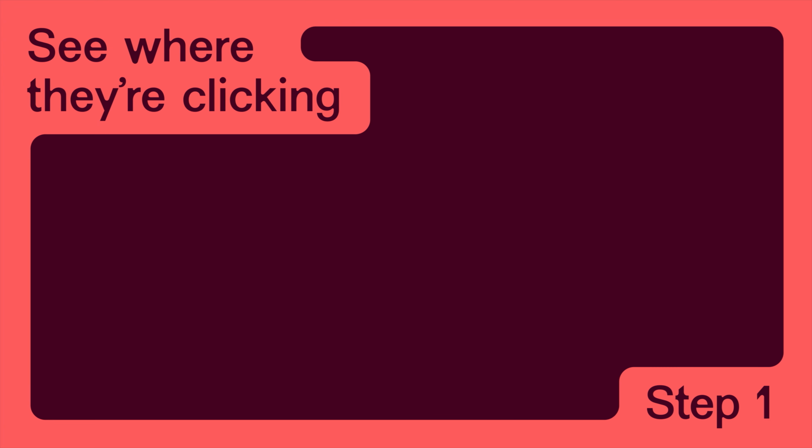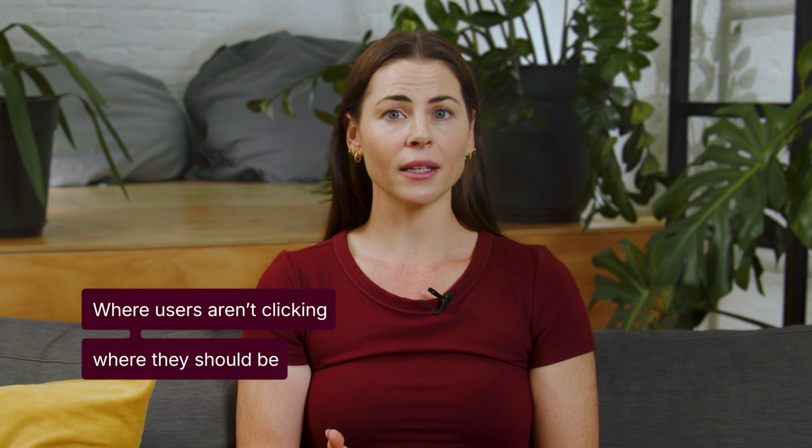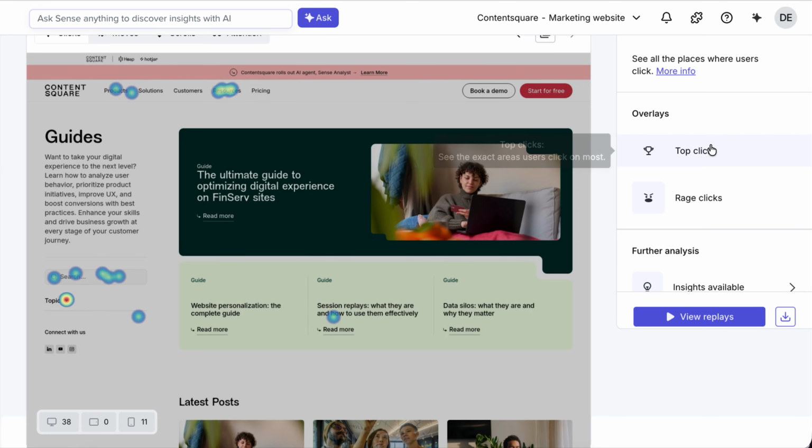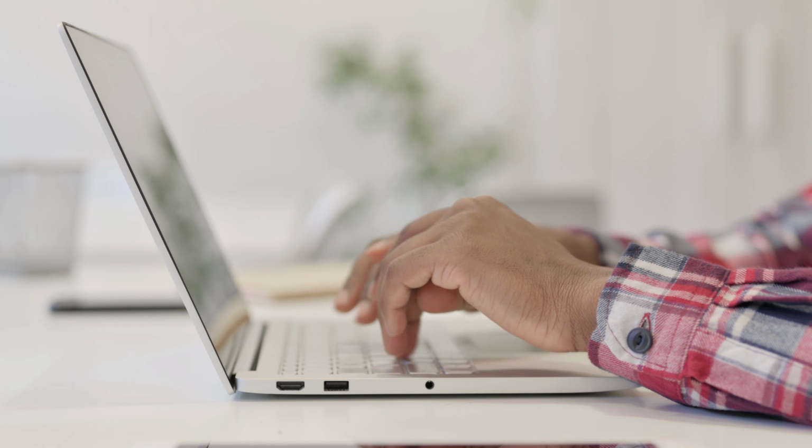1. See where they're clicking and what they're missing. Click heat maps show you where on a page most users are clicking their mouse or tapping. This is useful in 3 ways. Firstly, you can see where users aren't clicking where they should be. For example, a click map might show you that an important CTA isn't getting any clicks and might need reframing,